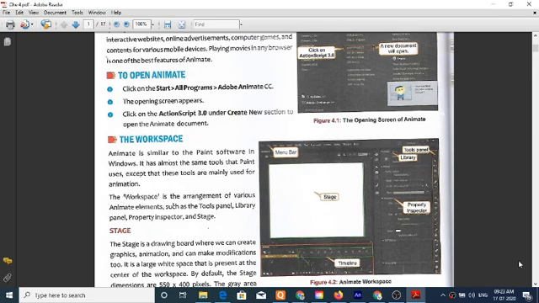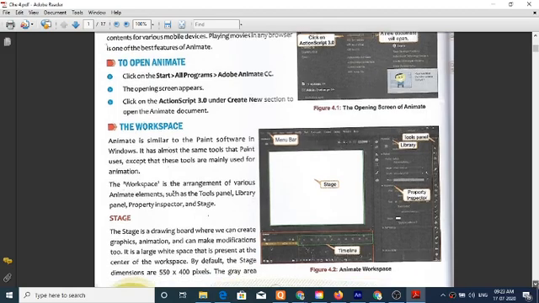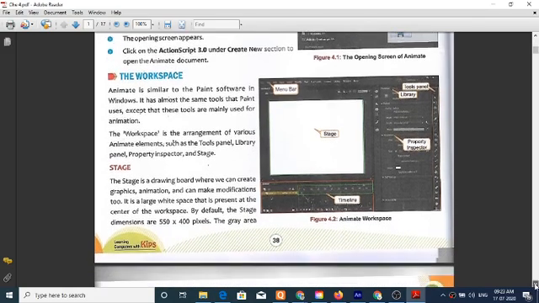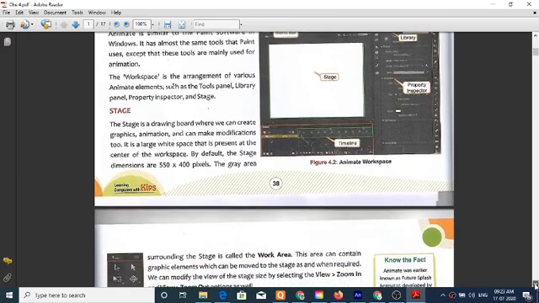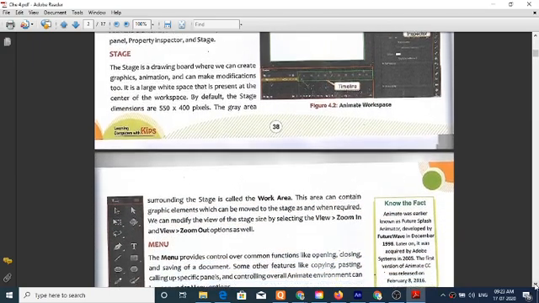The gray area surrounding the stage is called the work area. This area can contain graphics elements which can be moved to the stage as and when required.